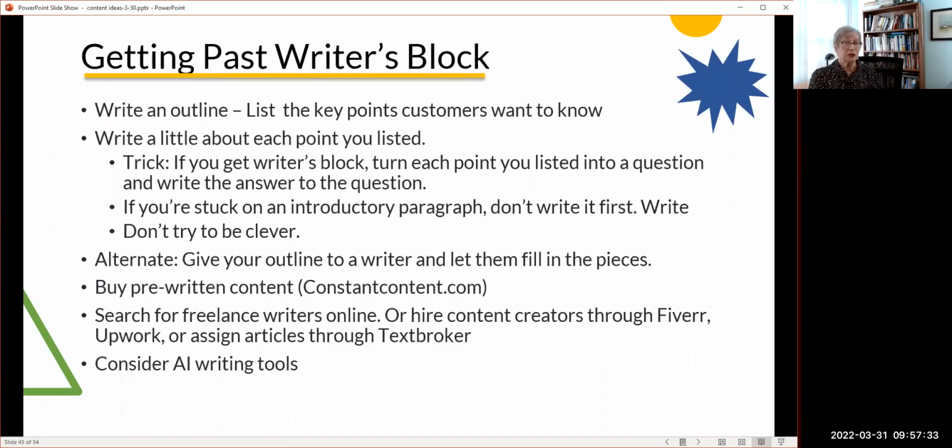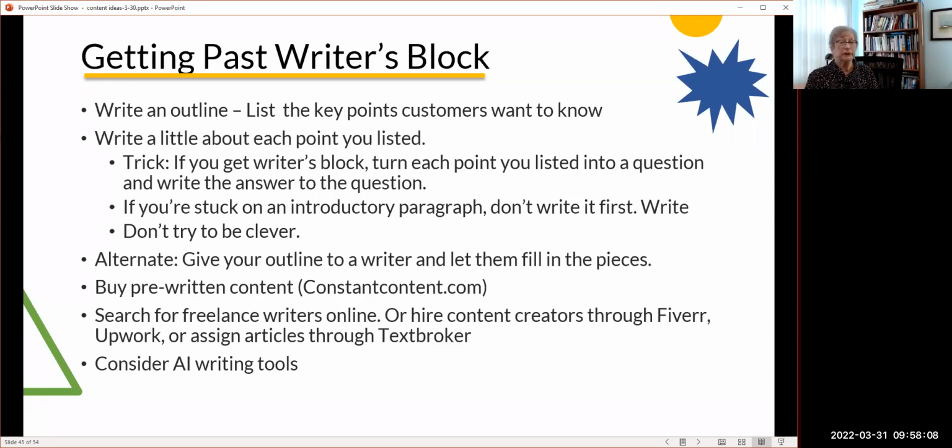So what happens if you think you can't write? A lot of people say, I don't know how to write. I don't like to write. I don't know what to say. Well, the easy way to go about writing your content is to write an outline. Or if you don't like formal outlines, just list the key points that you want to cover. And those key points go back to all that research you did. Take a few of those topics and make them into an article. And then just write down the information you know. Take each one of those key points and write a little bit of information about it, and you have content.